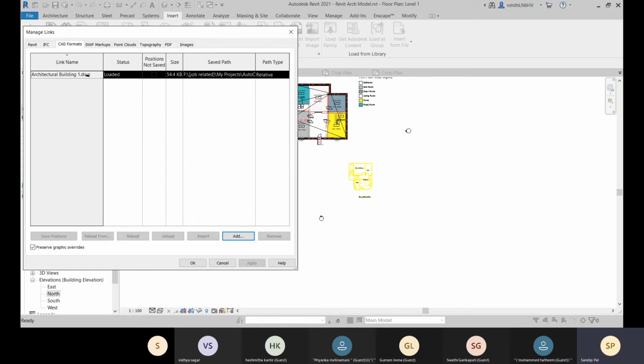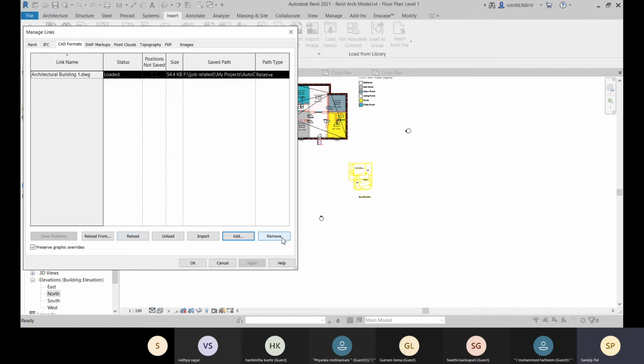You use this reload when you have unloaded and you want to get it back, for that you can choose this reload option. And for another option, if you have updated the main CAD file, and you want those changes to reflect within this Revit file as well, then also you can go for this reload.